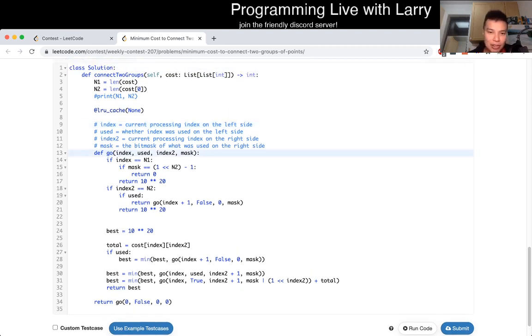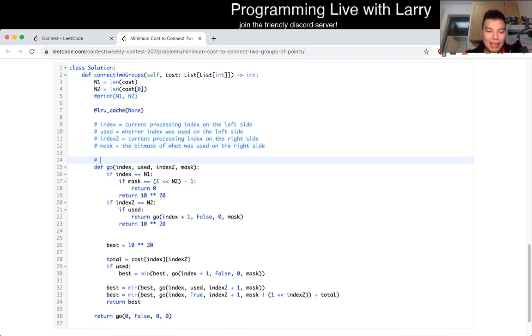And the thing that I would think about is that, okay, index is 12 possible uses, times index2, which is 12, times mask, which is 2 to the 12th power, and then I plug this into a calculator. It seems fast enough. That's the kind of math that I would do during a contest to figure out whether it's able to be done. And basically, given these inputs, the question is, what is the minimum cost of connecting two groups, given that